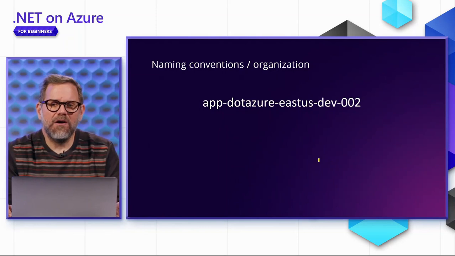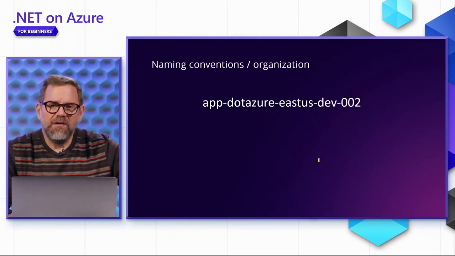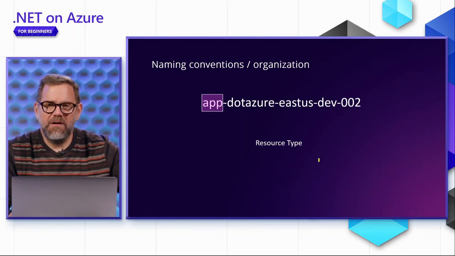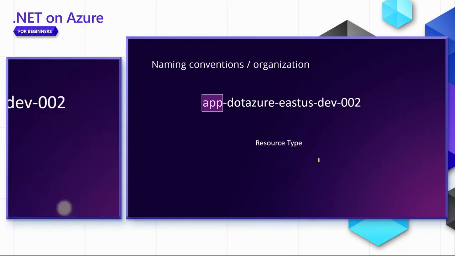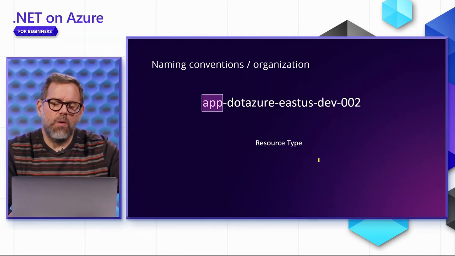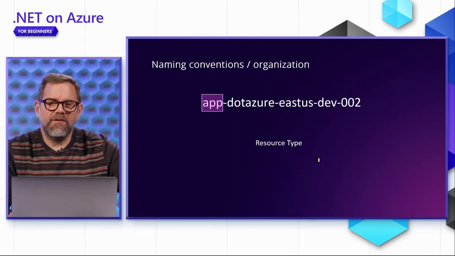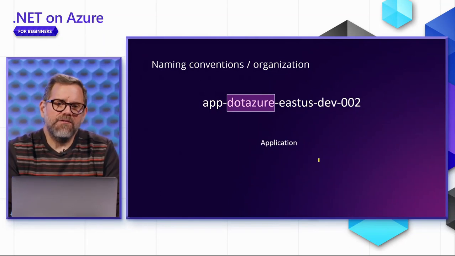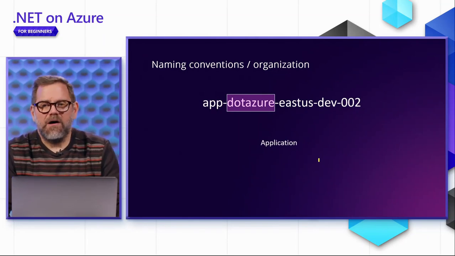Essentially what you're going to want to do is have the type of resource as the first one. Microsoft has suggested, for every type of resource in Azure you can create, an abbreviation for it. So resource type, and this would be a web application type. The next step would then be the application name. So this is a web app called .NET Azure,